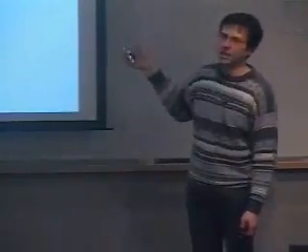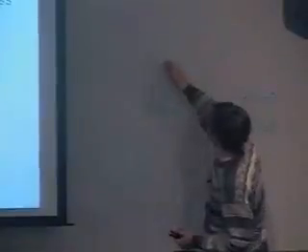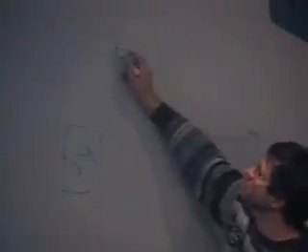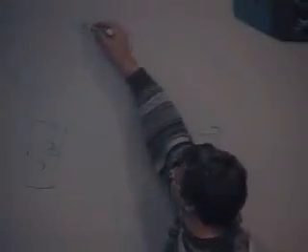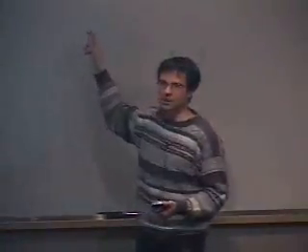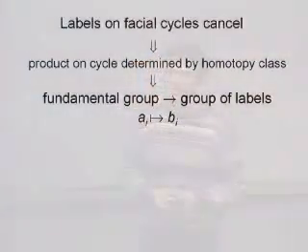a product of the cycle is really determined by the homotopy class. It's very simple to see that if you just have a cycle on the surface, and then you move the cycle a little bit, meaning that there is this quadrangle face, instead of going on this side, you will go on the other 3 sides. And what you change in the product of the labels is just basically the product here. And if that cancels out, then the new product will be the same as the old product. So really, the product of the labels is independent of which specific graph representation you take of that element of